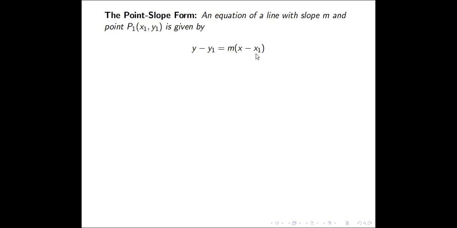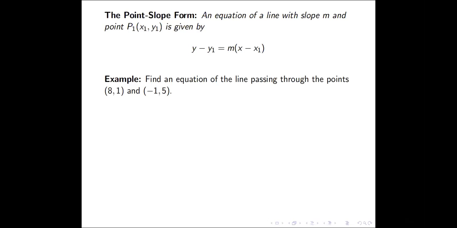Some other textbooks use x sub 0 or x naught and y sub 0 or y naught. It doesn't matter as long as we have a given point on the line. So right away, if we write the equation of a line in this form, we can tell a point on the line, x sub 1, y sub 1, and the slope of the line. Hence the term point slope form.